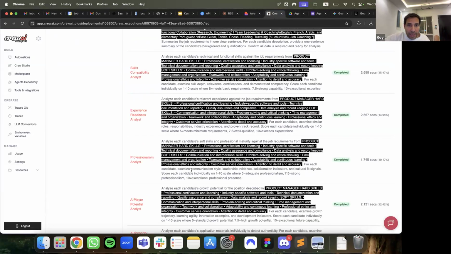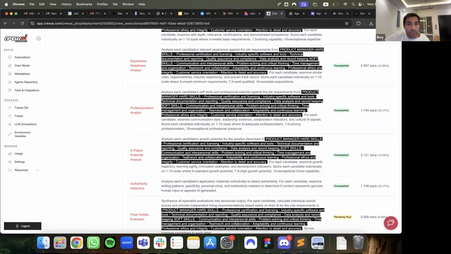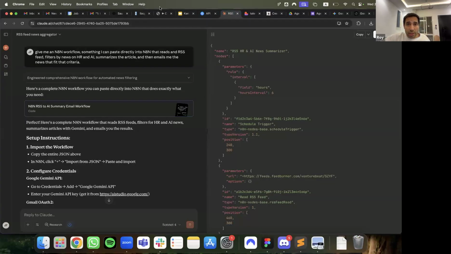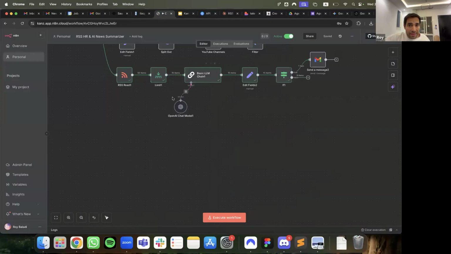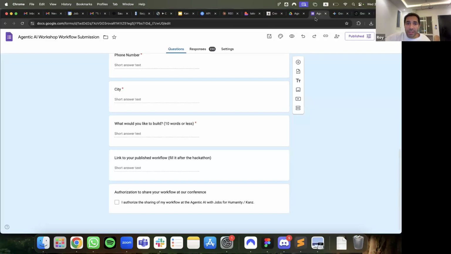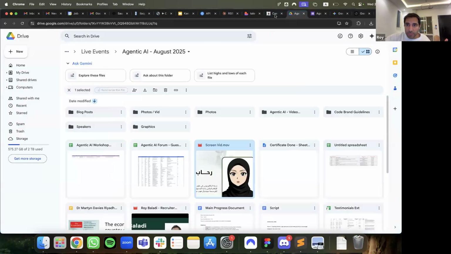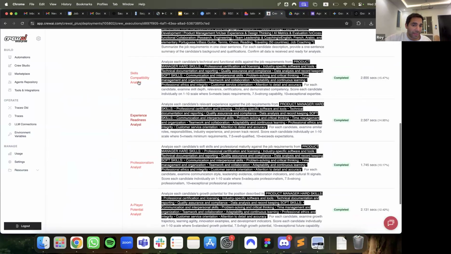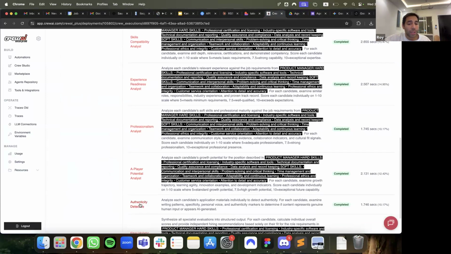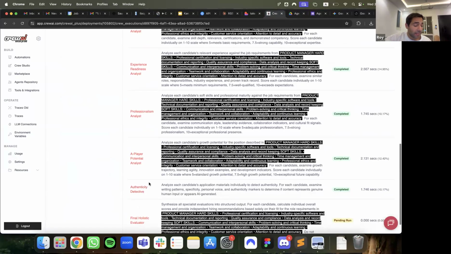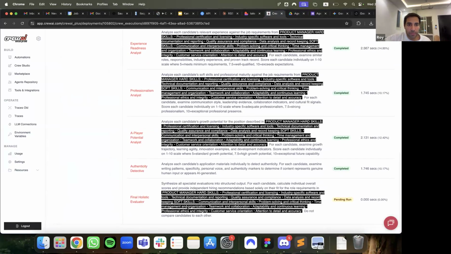And it uses multiple AI LLMs. So like what we did here in N8N, we have one basic LLM chain. Here I made it so that there are 6 or 7 LLM chains. So one is looking at this candidate's skills, experience, professionalism, A-player potential, authentic, did I lie on my CV? Was it written by someone else? And a final evaluator.